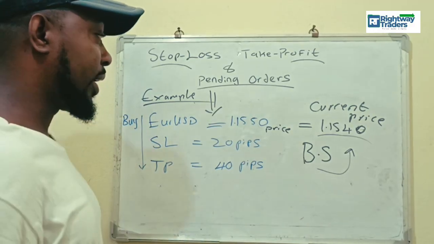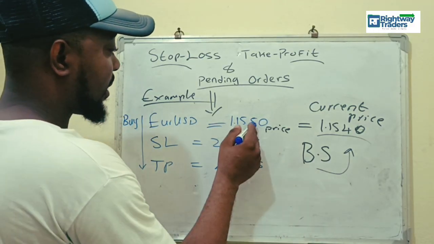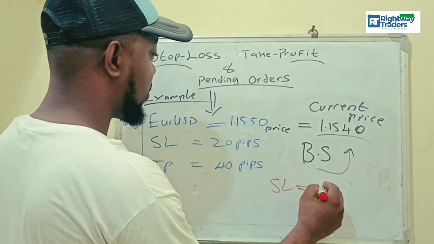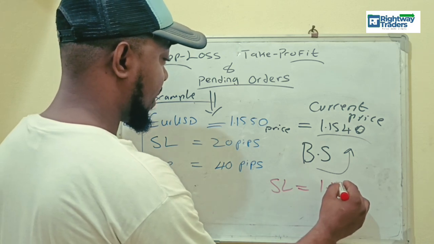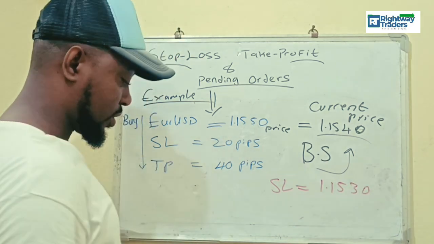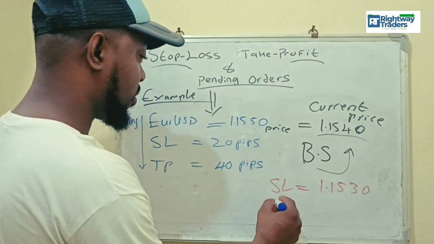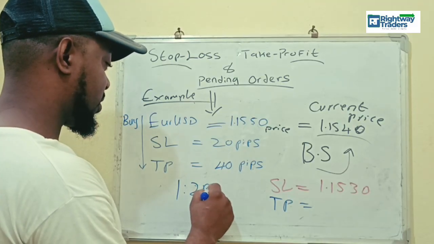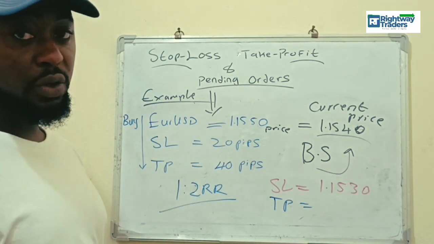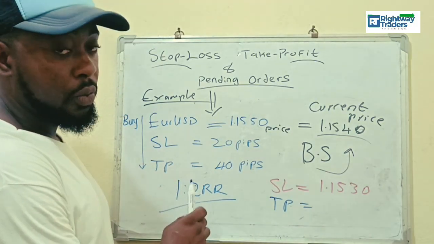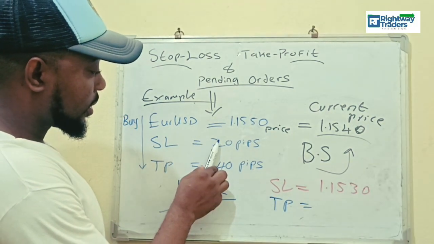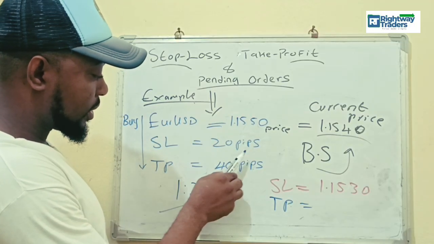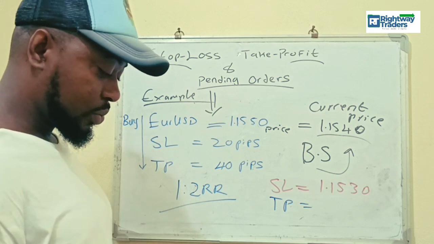So in setting the stop loss right now, this is 20 pips. In subtracting 20 pips from this, it means your stop loss price is going to be 1.1530. This is your stop loss, and your take profit is going to be 40 pips, which is 1:2 risk reward ratio. What 1:2 risk reward ratio means, you are risking 1x to get 2x. So you are risking 20 pips to get 40 pips. 40 pips is twice what you are risking here. So 40 divided by 20 is 2, which is where you get 1:2 risk reward ratio,